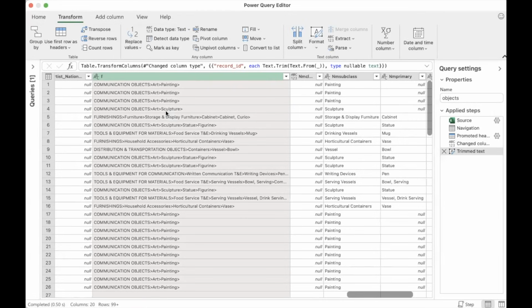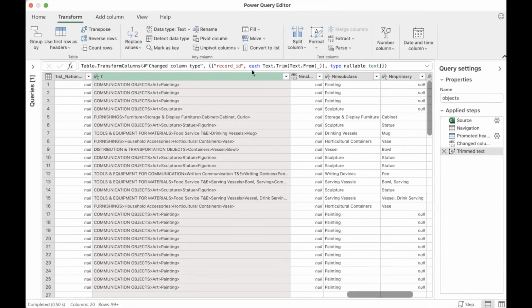You'll notice that the first part of the classification there is all capitalized, which is the stylization of nomenclature. However, for accessibility concerns, we want to make sure that we are doing title capitalization. So before I put in my new data, even though it is mimicking the nomenclature standards,